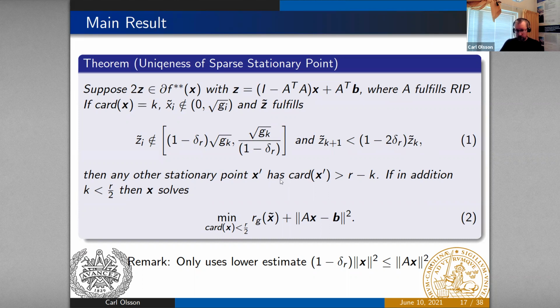Then any other stationary point has to have a certain cardinality. And the strength of this depends on what kind of RIP you have. So if this R, for example, is really high, then any other stationary point has to be of high cardinality. So one example is if K is less than R over 2, then this stationary point is the sparsest one you can find. There could still be